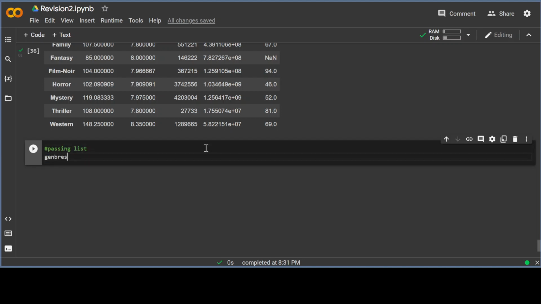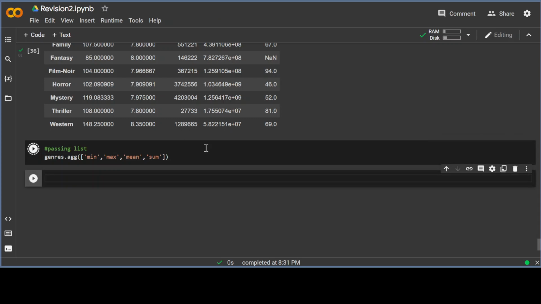We have the honors dot agg, and then we will pass our list: min, max, mean, sum. Okay, these are the aggregation functions that I need to perform. Okay, so now if I run this,